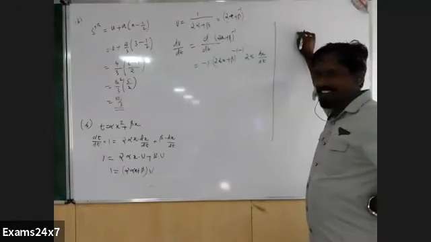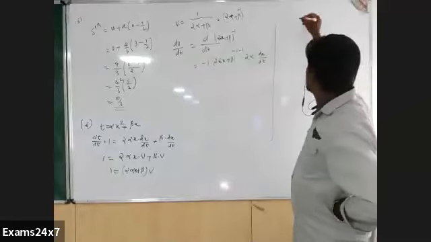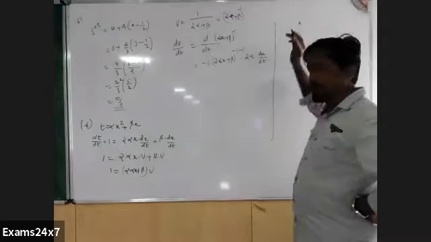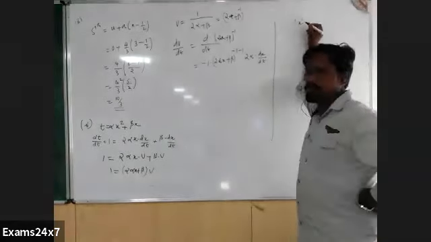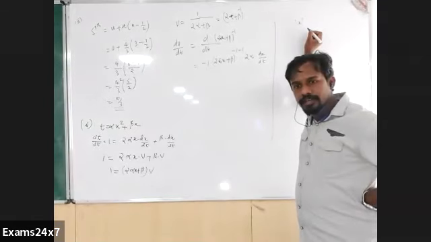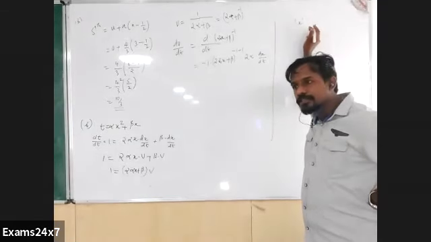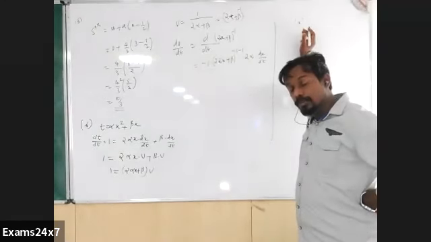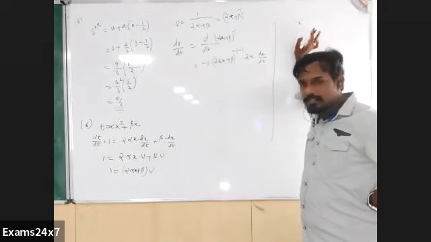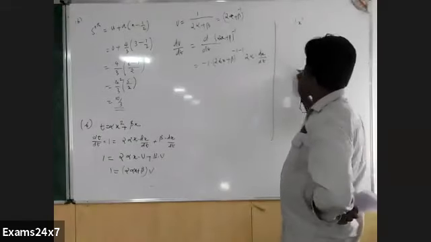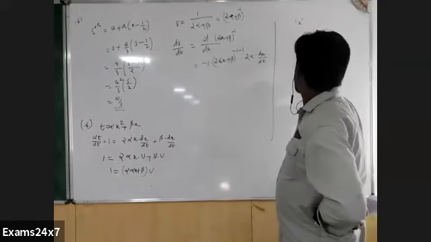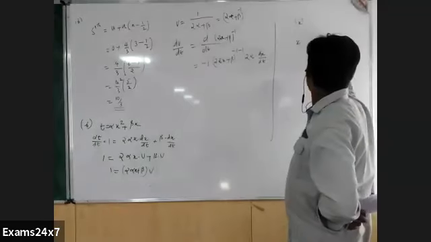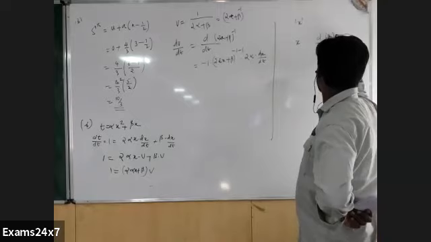Okay. See, in physics we know that if you differentiate distance x with respect to time t, we get velocity. Differentiate velocity with respect to time t, we get acceleration. That much you know. Now if you have a term x and differentiate it with respect to x, that means d by dx of x, you get 1.